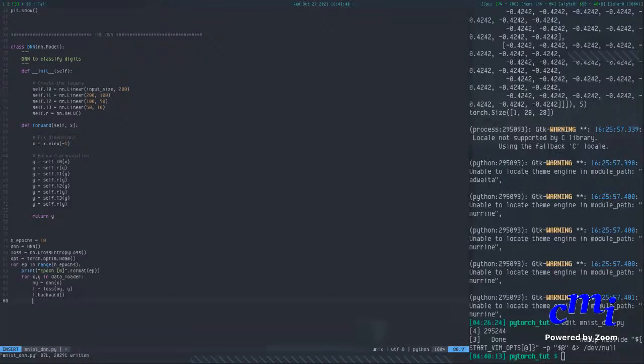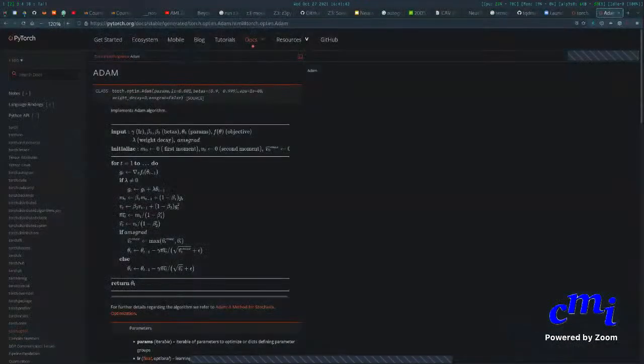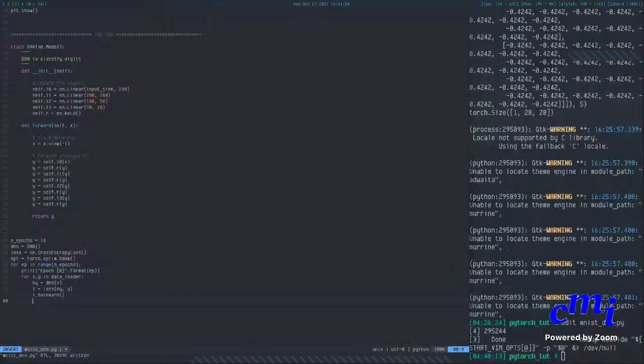One of the things you realize over here is it requires the parameters. How the optimizer works essentially is it's going to attach itself in some sense, or it's going to look over or handle a set of parameters. So you need to give the list of parameters to the optimizer. In this case, it's going to be the parameters of the DNN, so DNN dot